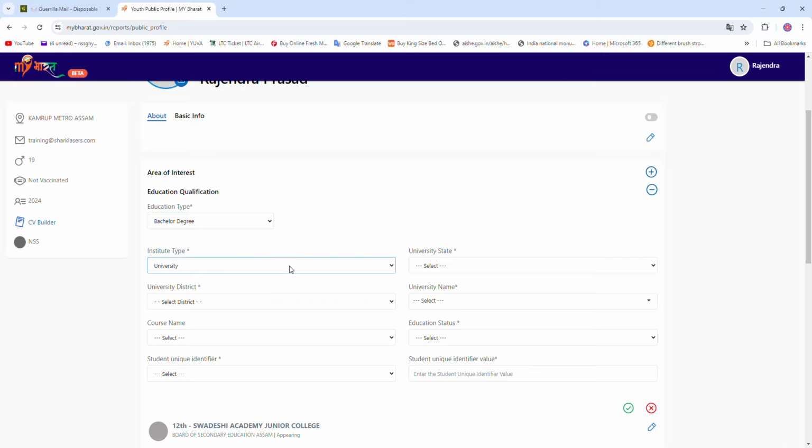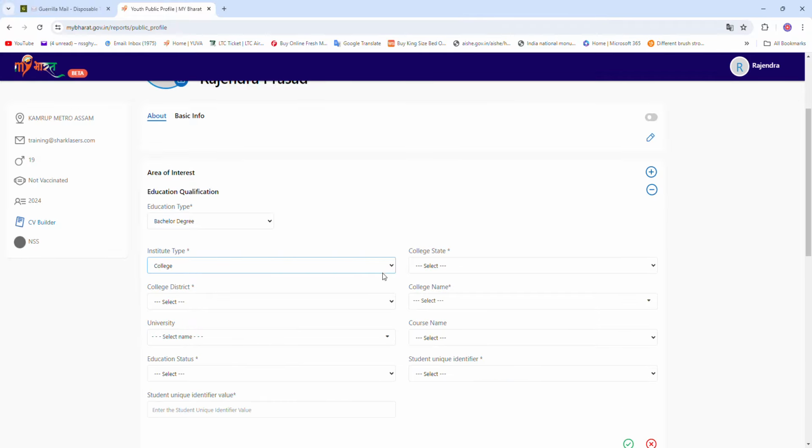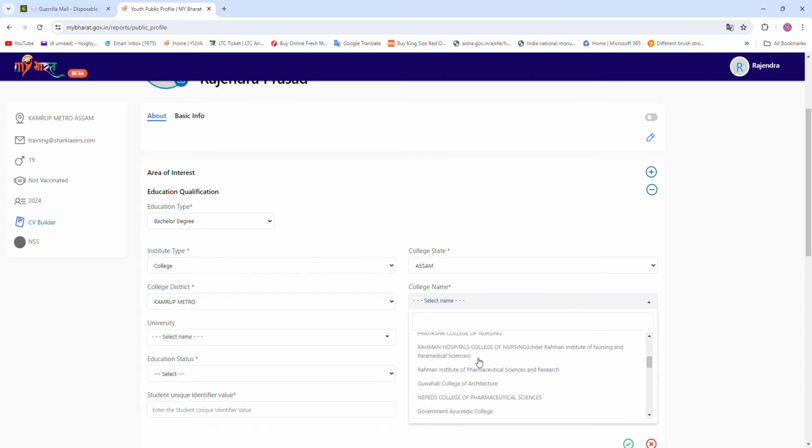And after that, they have to specify whether they are from a university or a college. So I'm selecting college, and here college Assam, and here the district I'm selecting Kamrup Metro, and the name of the college as